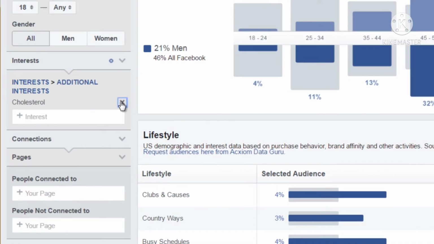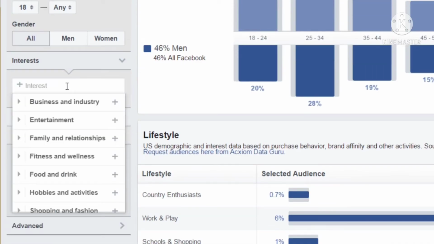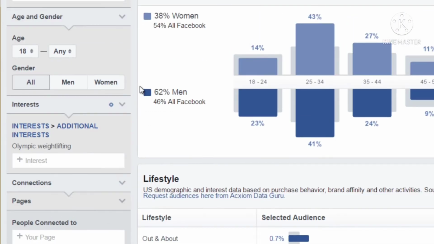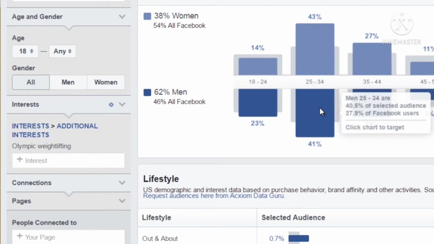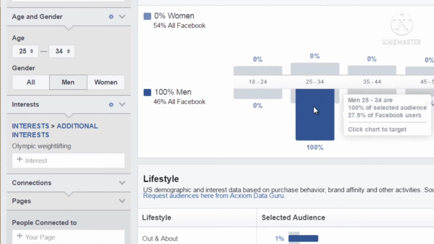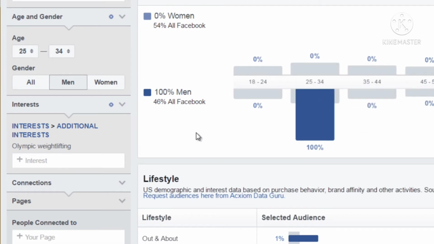That's cholesterol. We can type in something else, say, for example, weightlifting. Obviously, with Olympic weightlifting, we can see the majority of them are male, especially in this age group here. Now, if we click on here, what this does is it hones in specifically on this age group, male,